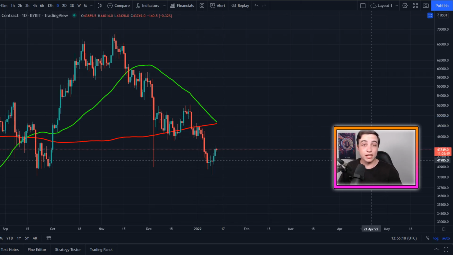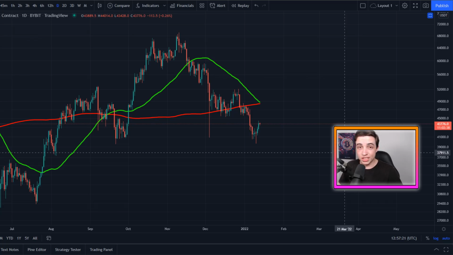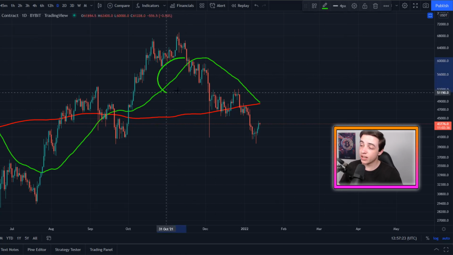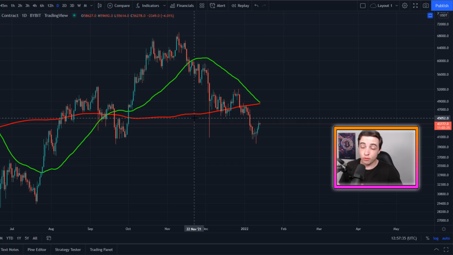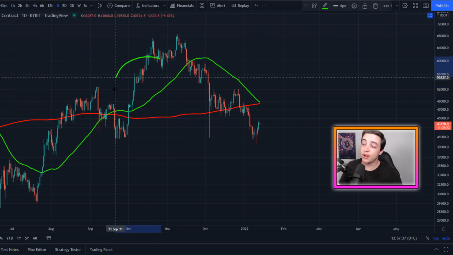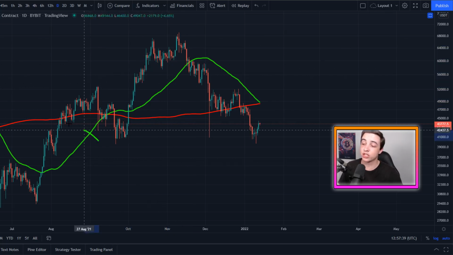And historically speaking, when we're looking at those two exact moving averages on the daily chart, they give us what's known as a golden cross and also what's known as a death cross, depending on which way those lines are crossing. If the shorter length moving average, so the 50-day moving average, is above the 200-day moving average, that technically means that we should be in a bullish trend because the recent price action is above the historic price action.